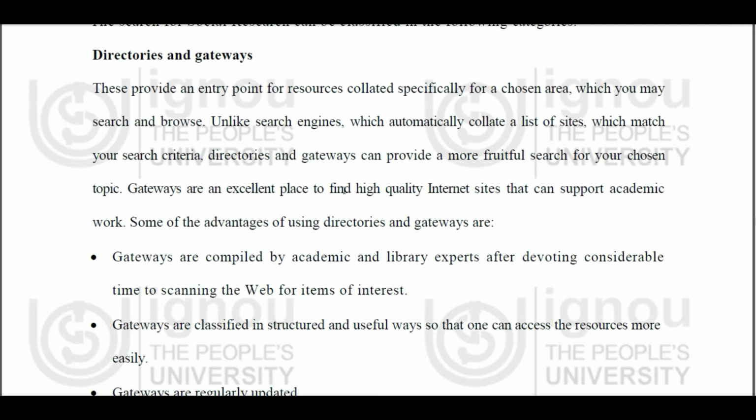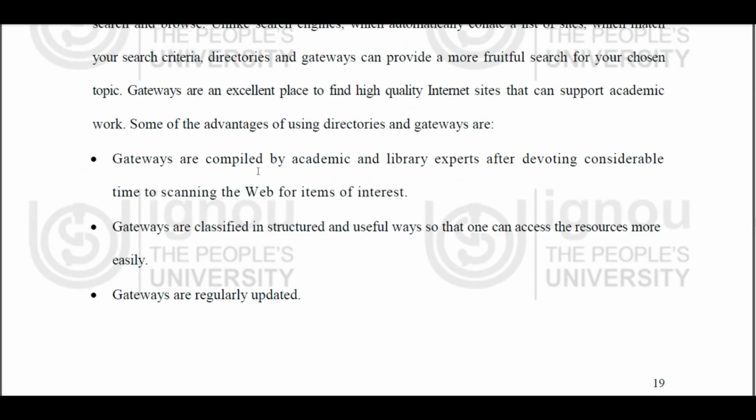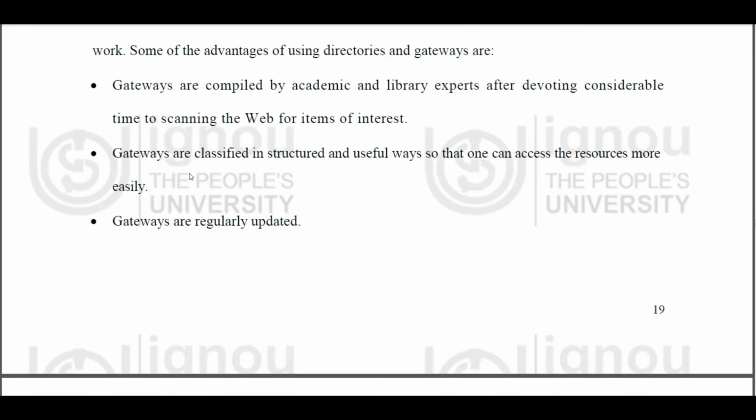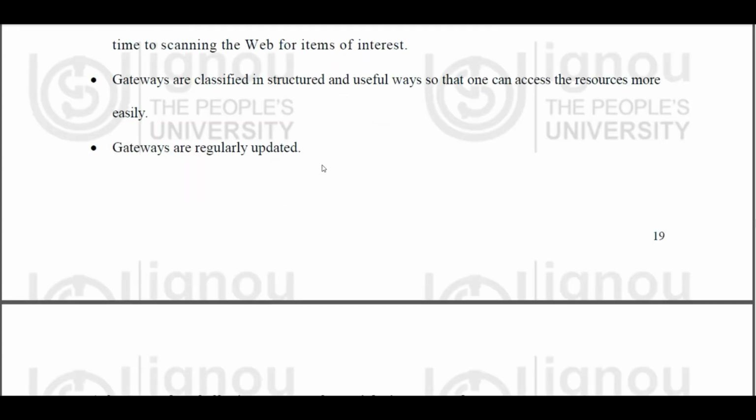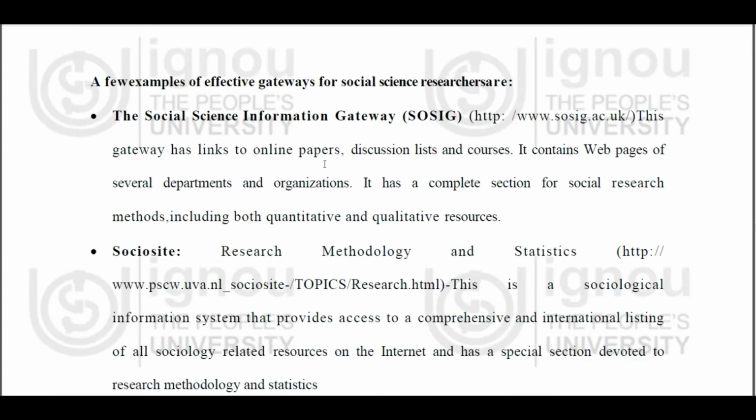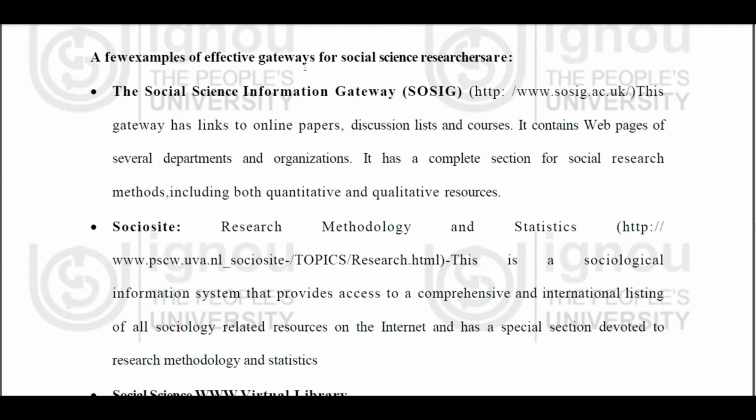Gateways are an excellent place to find high quality internet sites that can support academic work. Some of the advantages of using directories and gateways are: they are compiled by academic and library experts after devoting considerable time to scanning the web for items of internet interest. Gateways are classified in structured and useful ways so that one can access the resources more easily. Gateways are regularly updated. A few examples of effective gateways for social science research are the Social Science Information Gateway, SOSIG,